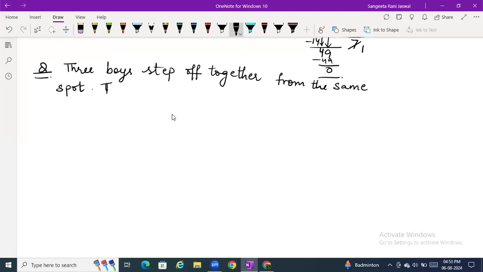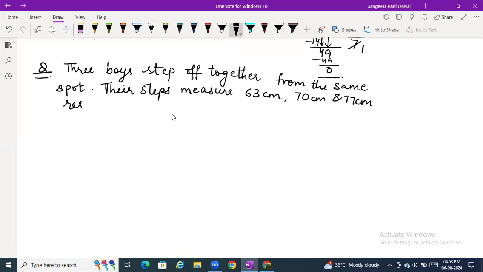Their steps measured. So the measurement of their steps is given. First person's step was 63 centimeters long. Second person's was 70 centimeters long and 77 centimeters for the third person respectively. Okay. Try to understand the question also. What is the minimum distance? You have to write: what is the minimum distance